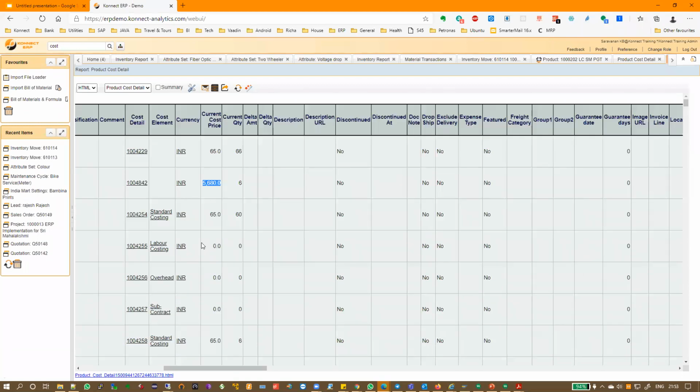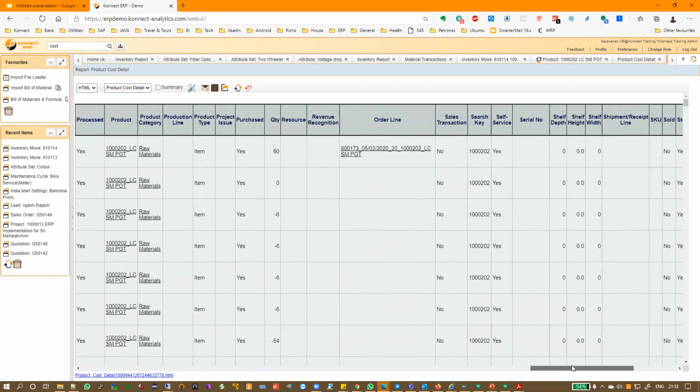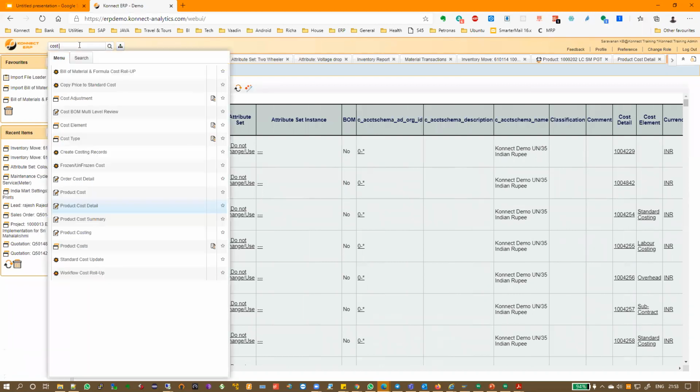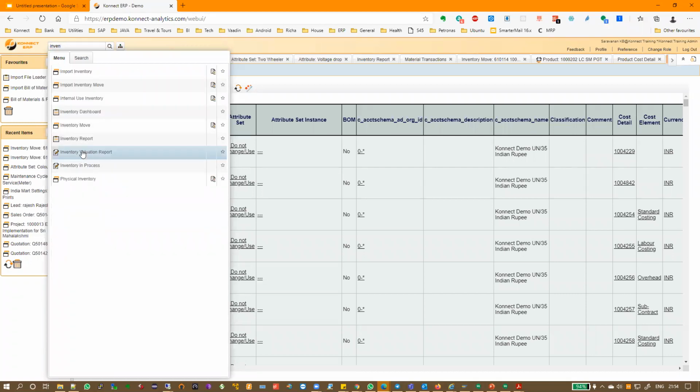Now, this template has not been formatted, so I'm getting a lot of unwanted details. But of course, you can format it to give you a more detailed or a more crisp report, as you like. Okay, so this report can be customized to give you a more detailed or a crisper report. In the same way, there are a lot of costing reports based on this. There's a cost summary, there's the product cost, there's the product costing report. Similarly, for inventory, there is an inventory valuation report and there's an inventory in process report.